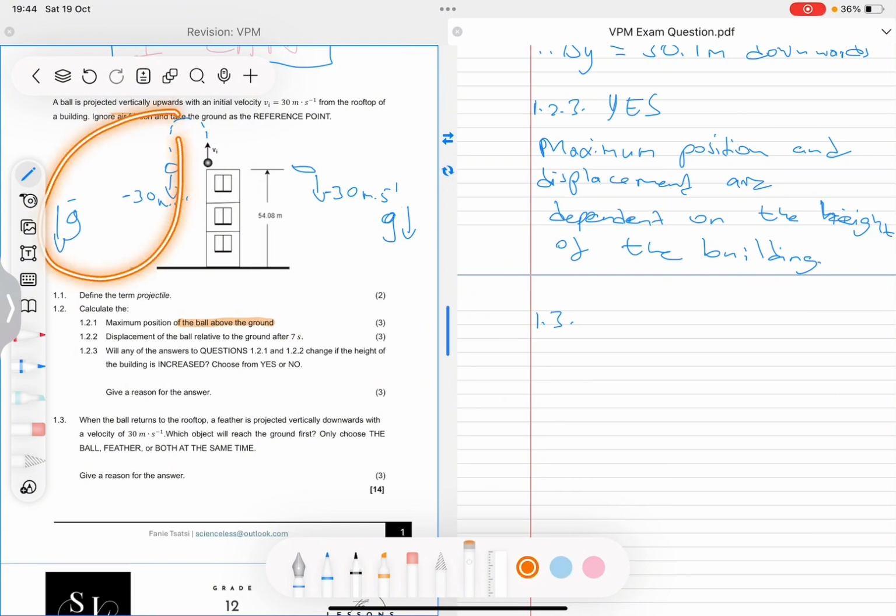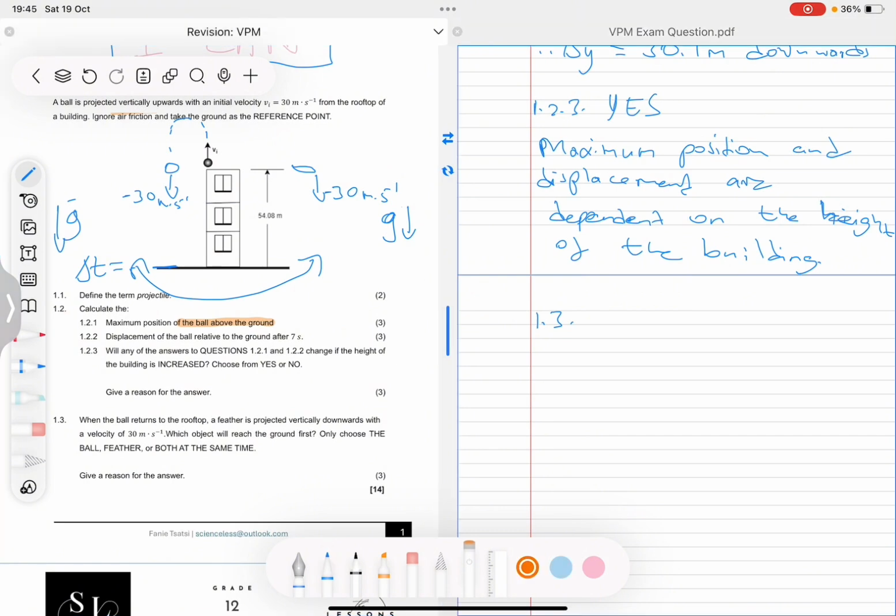And obviously, if you do your calculations here, we can see already from the information that I've put on these two objects that because we have the same initial velocity, we cover the same height, we have the same acceleration. If we were to calculate the time it takes for these two objects to get to the ground, we will find that it is the same in both situations, because they have the same initial velocity, same acceleration, they cover the same height. So this means that both these two objects will hit the ground at the same time. So my option will be both